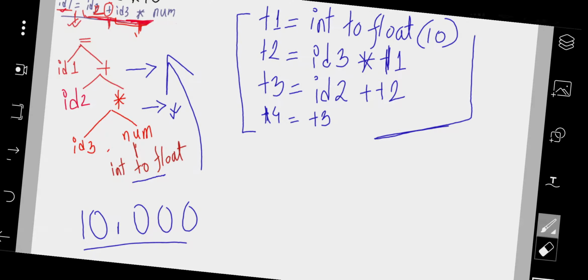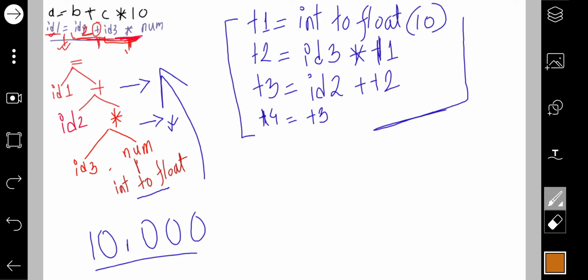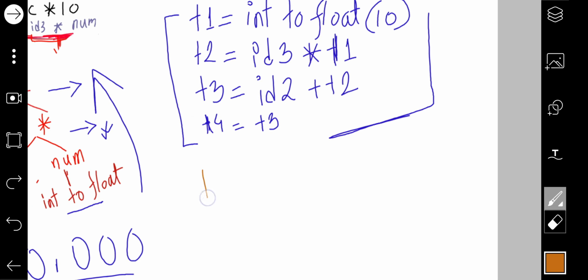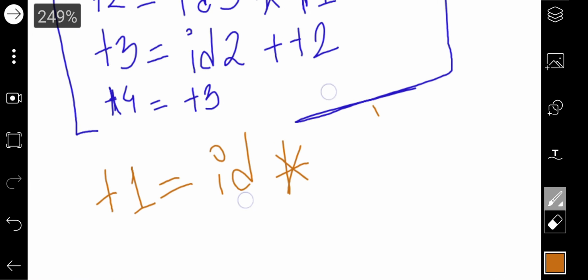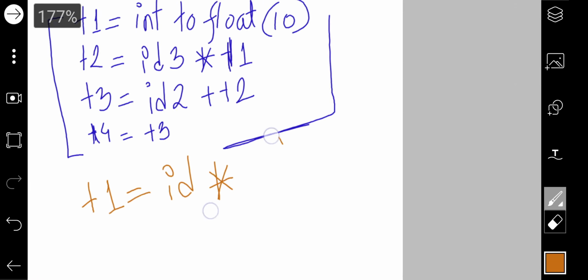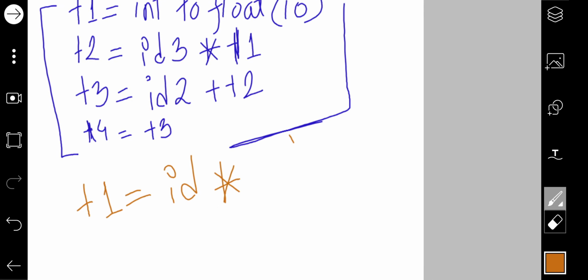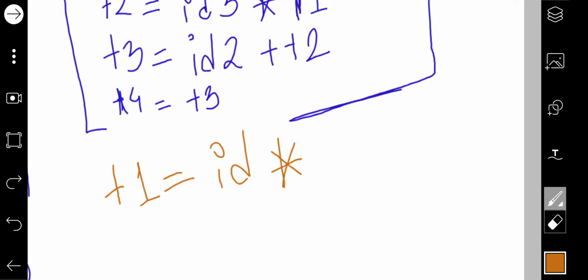I can write T1 equal to ID3 multiplied by 10.00.